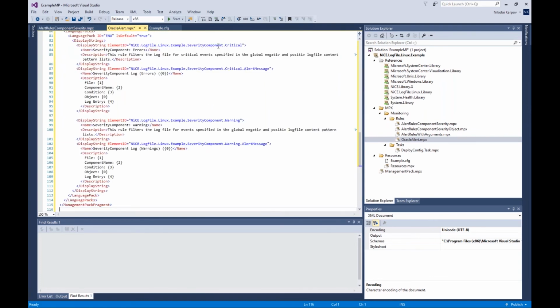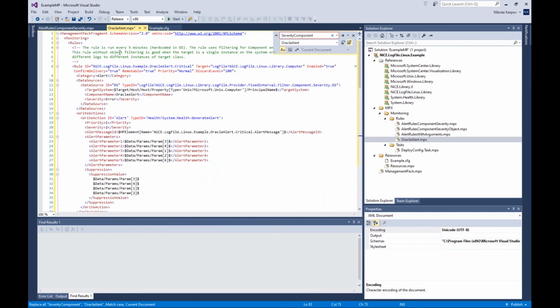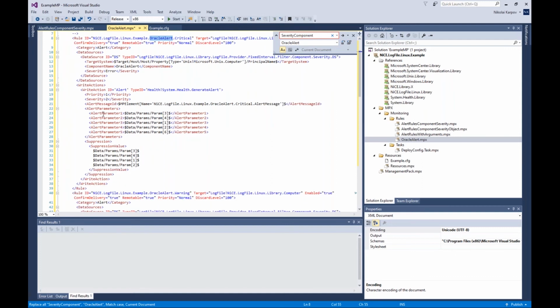Okay. And I'm going to replace severity component with Oracle alert. Okay, let's change to Oracle alert. And this Oracle alert actually is the component name. So this is important to map the rule with the configuration. So I replace it and see what I have now with all these examples. So the component name is Oracle alert. I also have the component name in the rule ID, to make it unique, because the component name in the config file is also unique. And then I have some parameters for my alerts